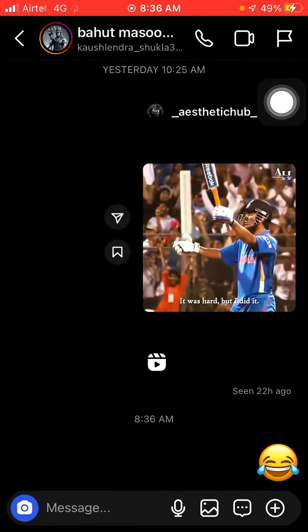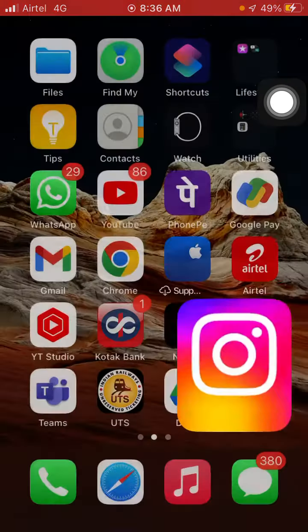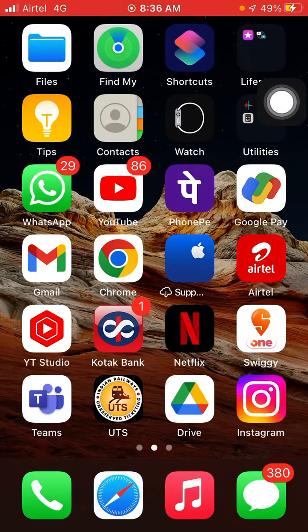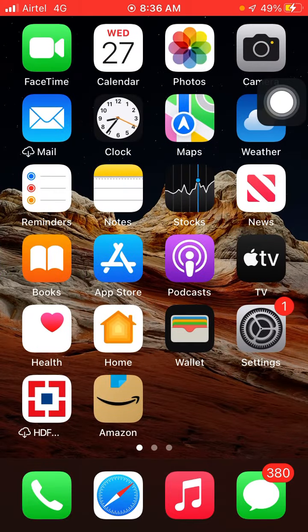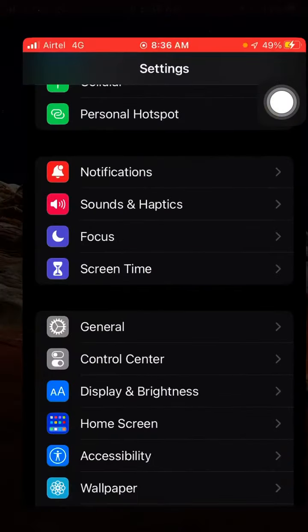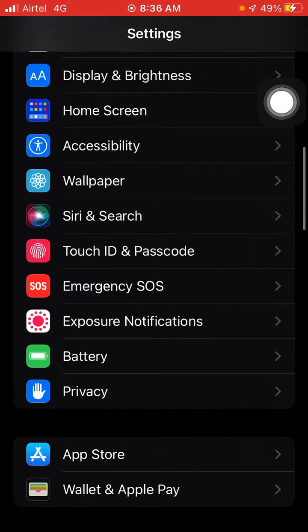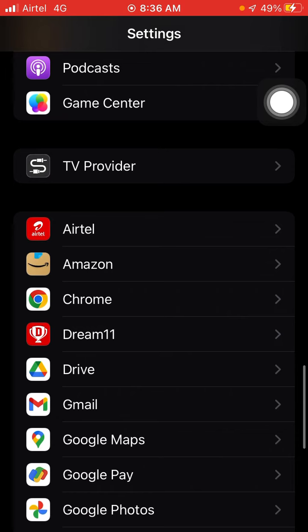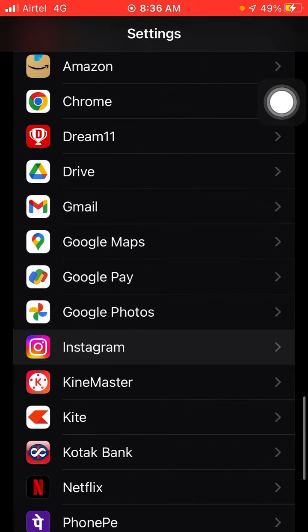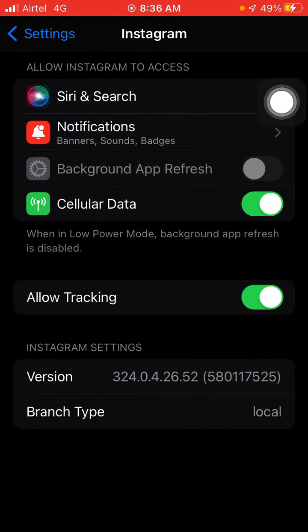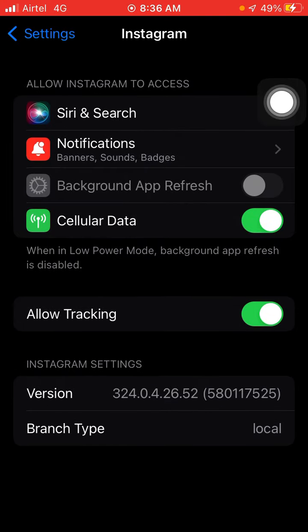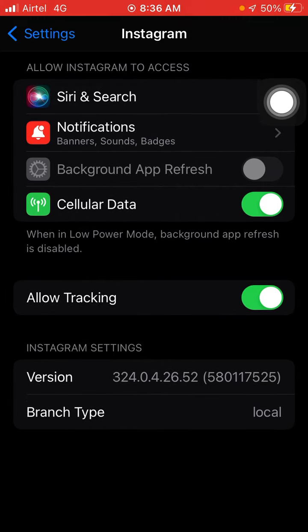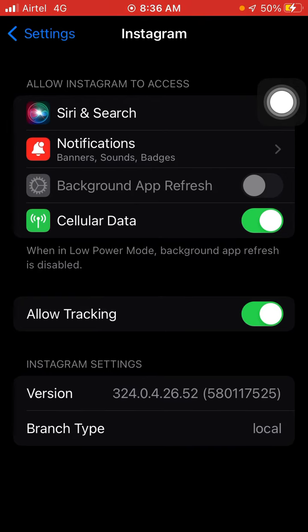So if it is not working on your phone, what are the options which you can apply to play this game? First, go into Settings and open your settings and scroll down, and here you will see Instagram options, okay. Just click on it and open it, and if allow tracking is not on, you have to turn on allow tracking. And also here you will see the version,